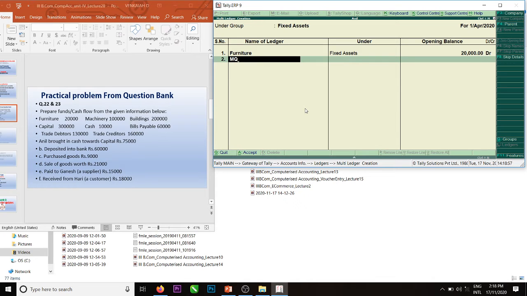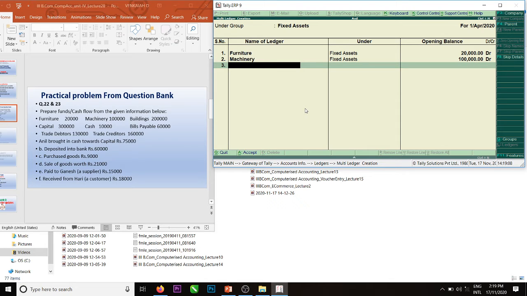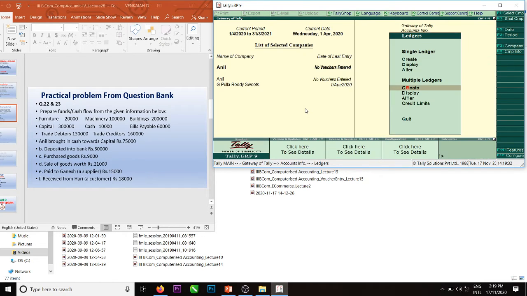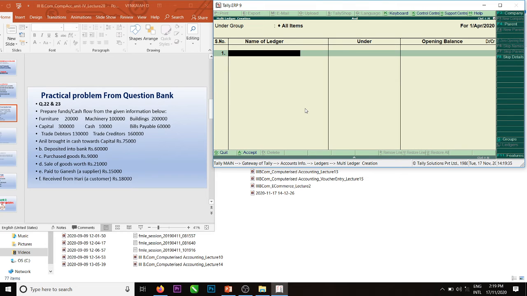Machinery, 1 lakh. Buildings. Under fixed assets, only 3 are there. We will save that one. What is the shortcut key for save? Control A.